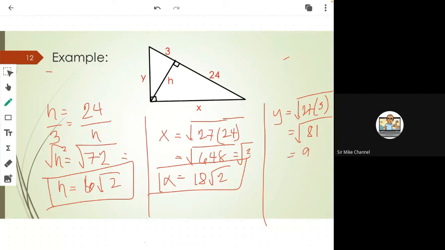The answer is 9. Okay, so this is how we solve geometric mean problems. Okay, thank you very much to the